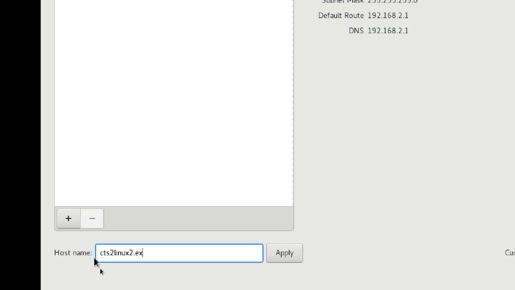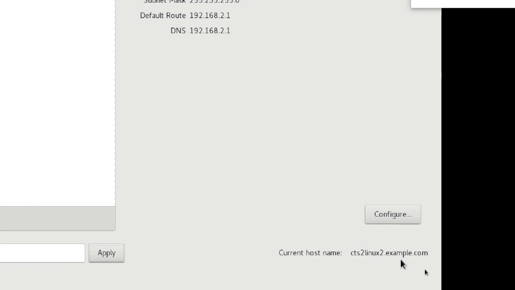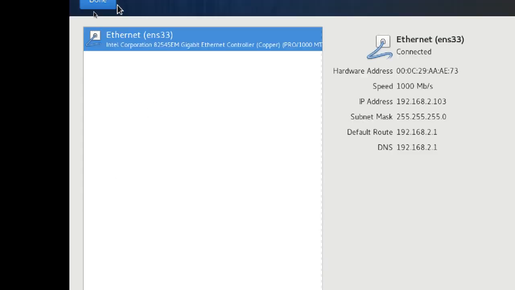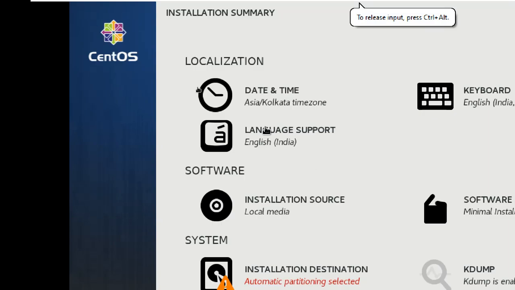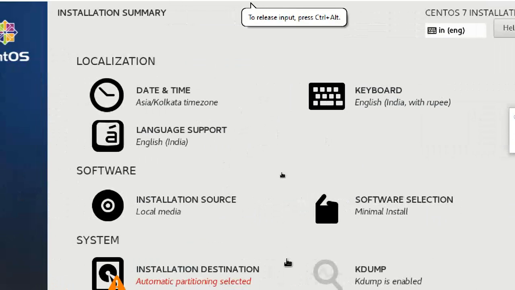I don't use the full domain here, example.com. That CTS2 Linux2 only. That's it. Apply. So this is my name. Like that. Example.com is non-routable, so any domain that is non-routable, anybody can use it.